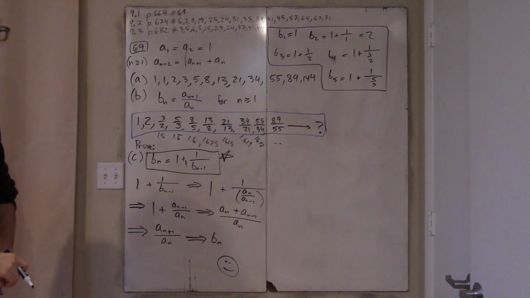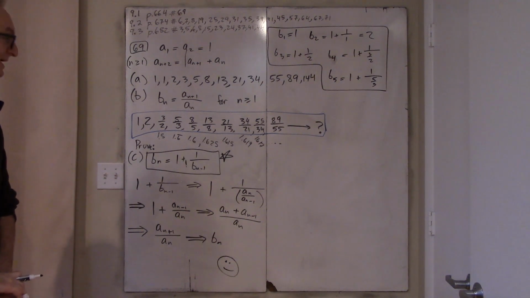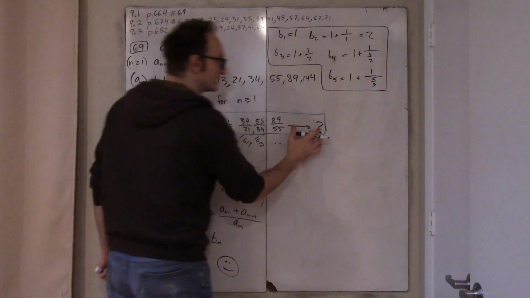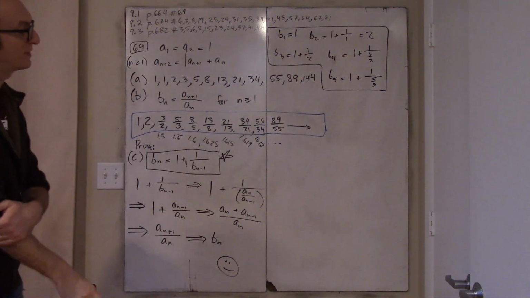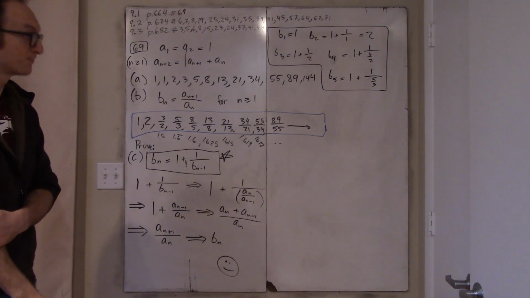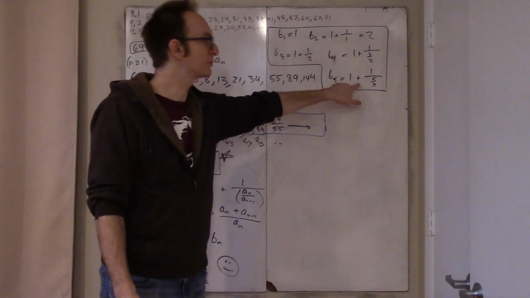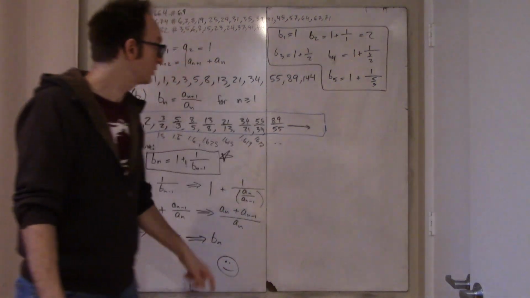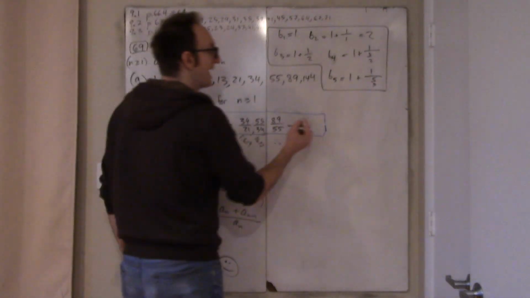Okay, here's where the problem stops and doesn't ask you to do anything more. But I do want to do something more. Specifically, I want us to think about where this sequence is going. If you get out your calculator right now, or some other kind of technology, and you just perform this operation where you reciprocate, add 1, reciprocate, add 1, reciprocate, add 1, you can generate arbitrary numbers of terms of this sequence, and you're going to get something that looks a lot like